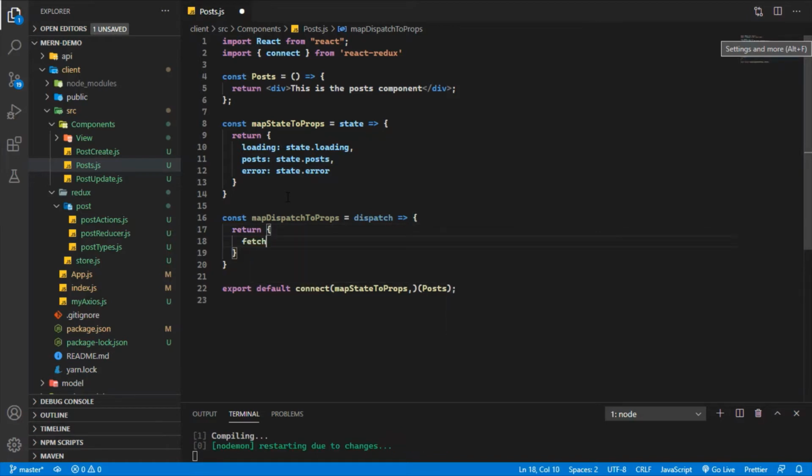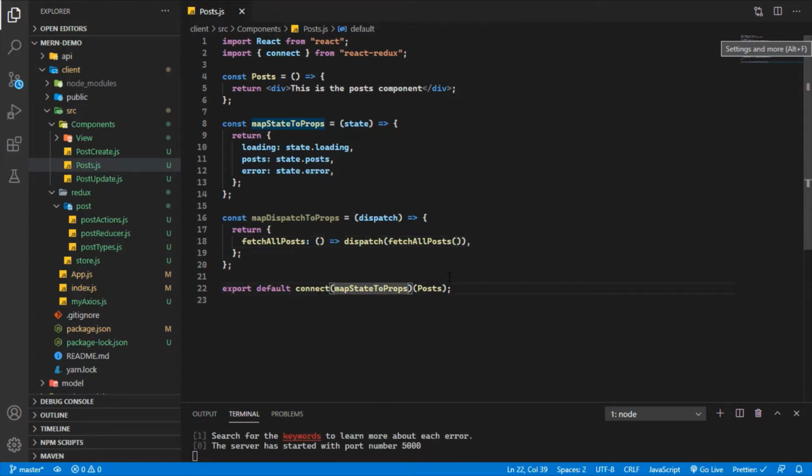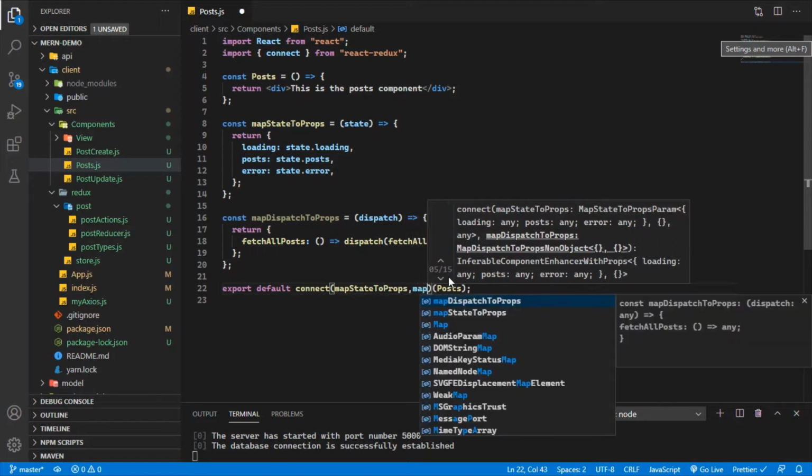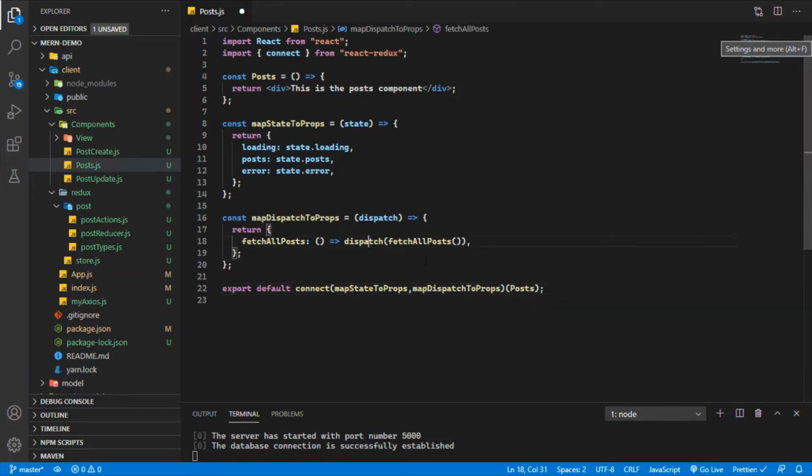The object will have fetchAllPosts, and from here I'm going to dispatch our fetchAllPosts. That's it guys, and now I'm going to mention mapDispatchToProps.